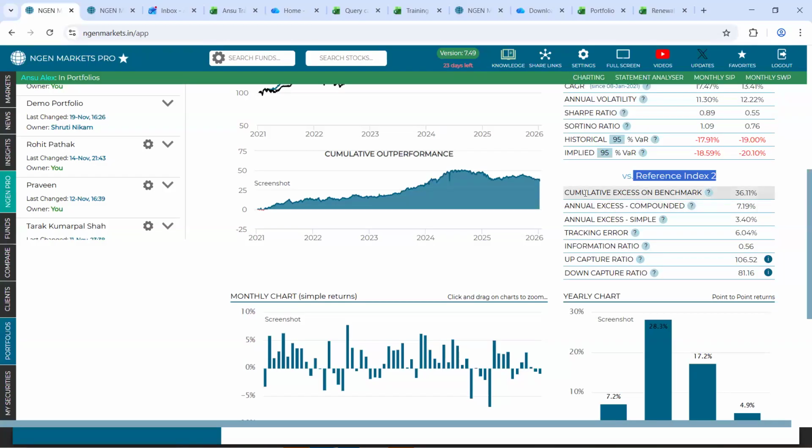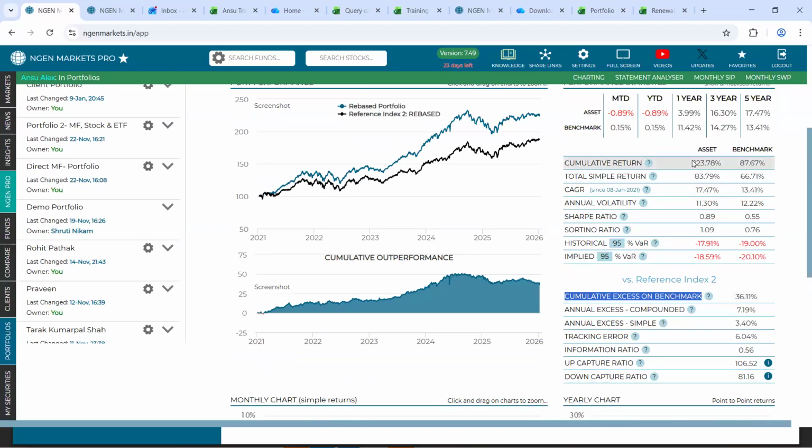More or less, you get to see the relative returns of the portfolio. Firstly, it tells you cumulative excess on benchmark, which is to say over and above the benchmark, what is the excess return generated by the portfolio. Since there has been an outperformance by the portfolio, you could see a positive excess return has been generated to an extent of 36%.